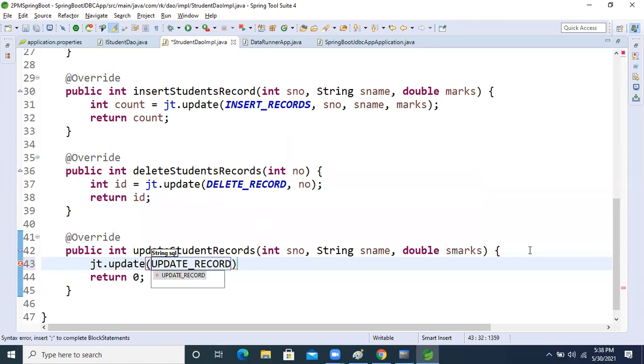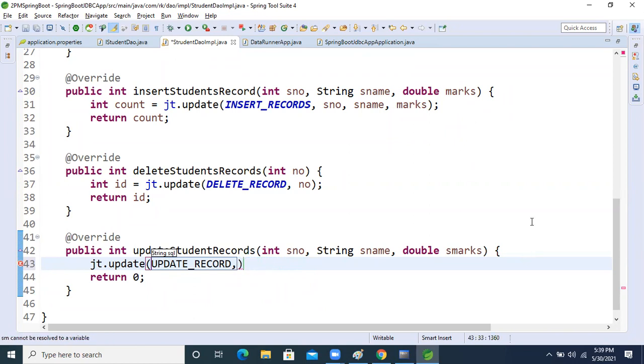We will pass our query. Again, what will we do now? Here SNO, comma, S name, comma. No, S name, S marks and SNO, based on the query order.